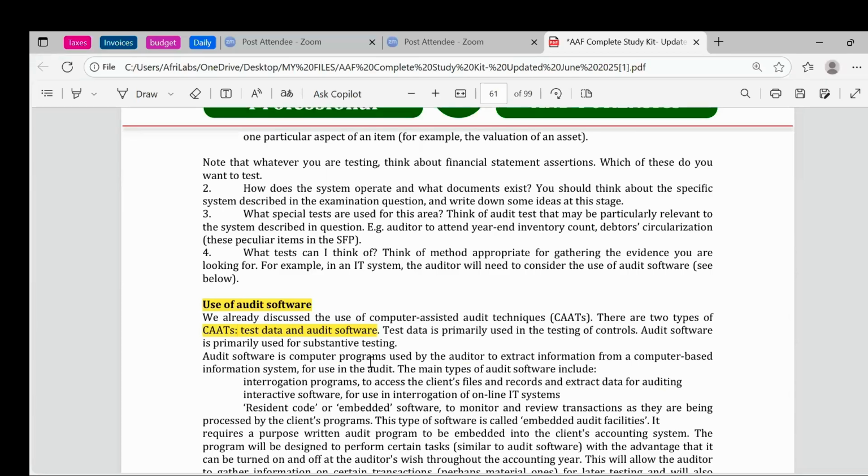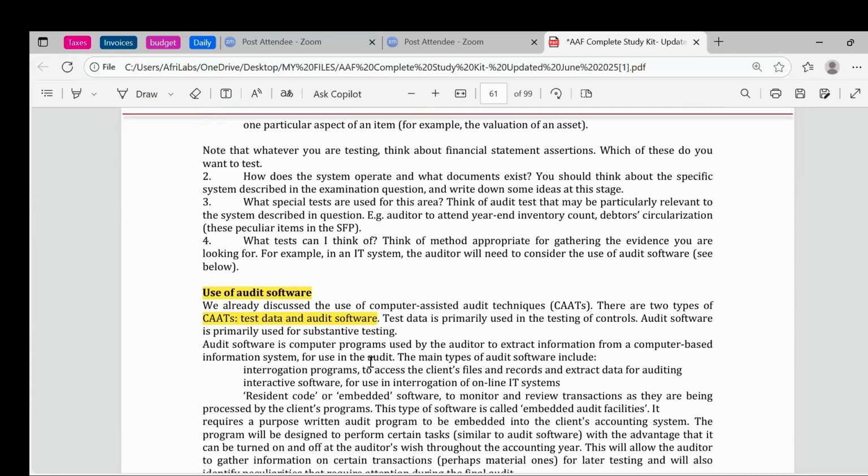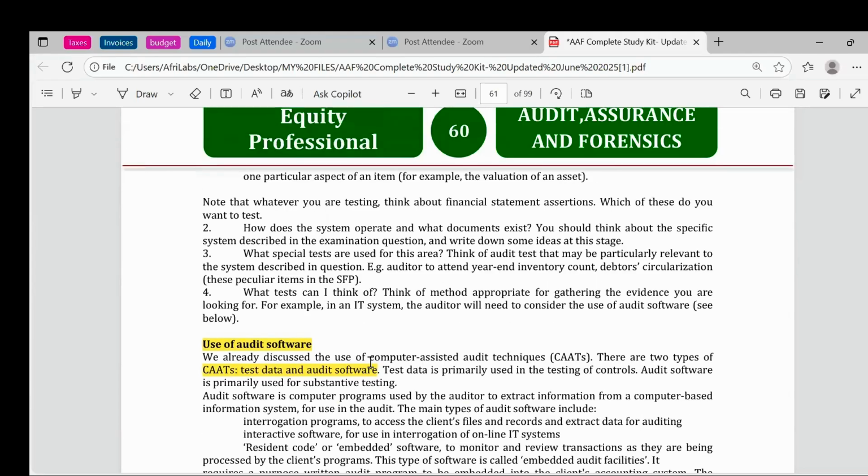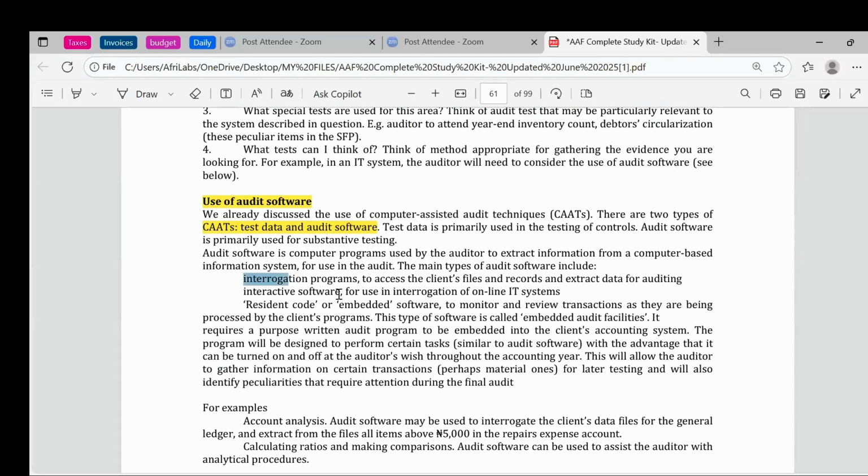They just put it there, and it stores up the information, and then year on year they are able to just go back to the records that you have uploaded on that software. But yeah, just for textbook, all these software are programs that are being used to extract information from the computer-based information system of the clients for the use of an audit. So the audit software can either be interrogative or interactive. So interrogative